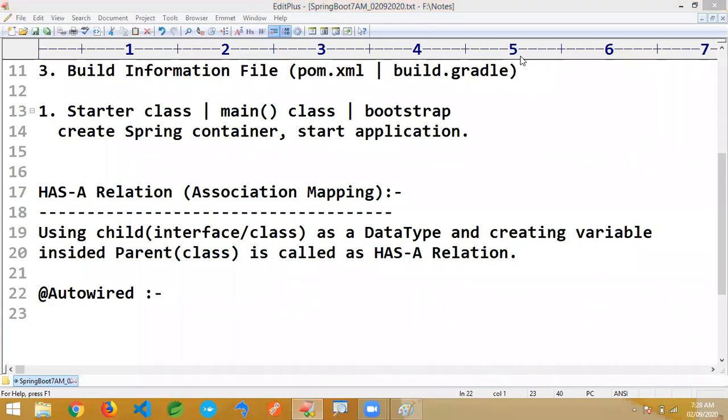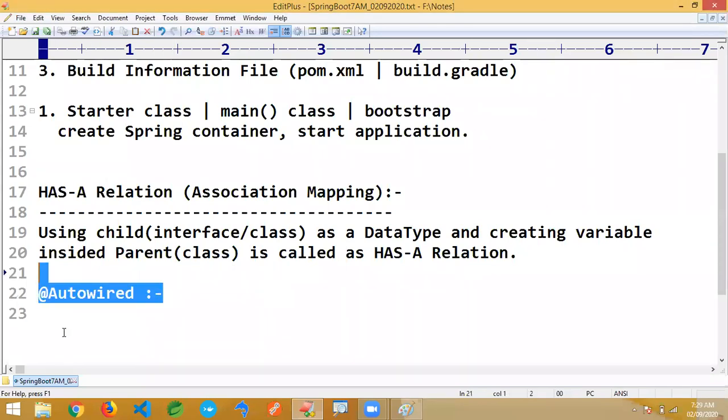Ronak asked a question: sir, what if we have more than one object for the same class type? At that time, an exception will come. Such scenarios I'll show later. Specific scenarios are there, Ronak. There is the child interface scenario, the interface with multiple implementation objects scenario, and the same class with multiple objects scenario. We have multiple scenarios that I'll explain later. That's what I said. First, I'll just give an overview here. Later, we are going to see them in upcoming chapters in full. As of now, what I'm explaining is just to start Spring Boot programming, not everything.